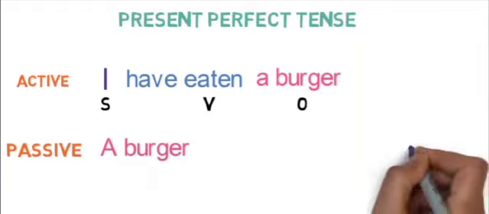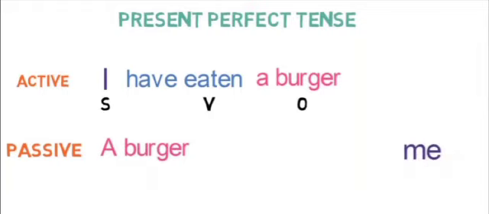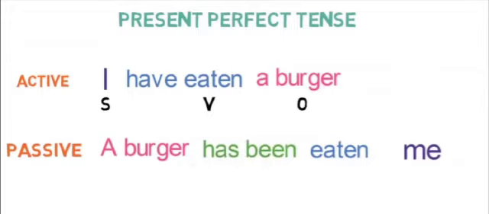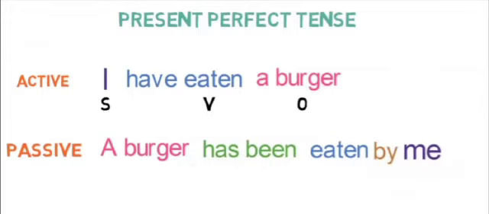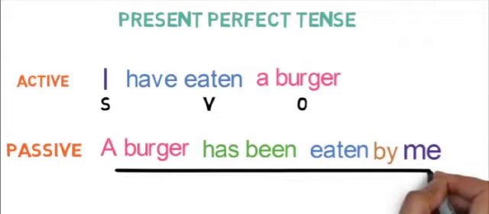A burger will come in subject's place and I will change into me in object place. Third form of the verb eaten will be eaten itself. Then it will be preceded by has been, and the passive form of the sentence will be a burger has been eaten